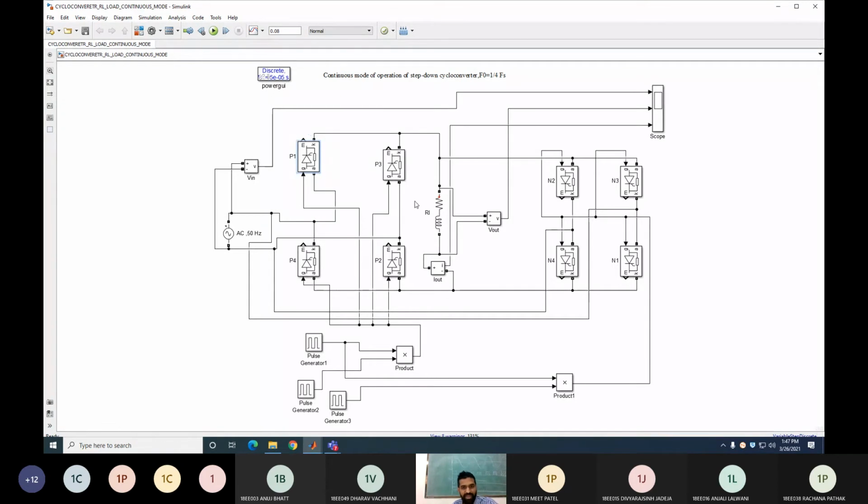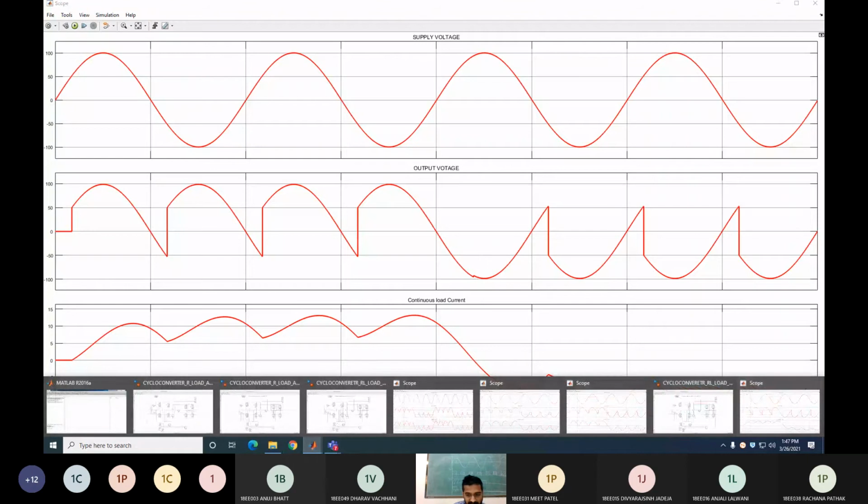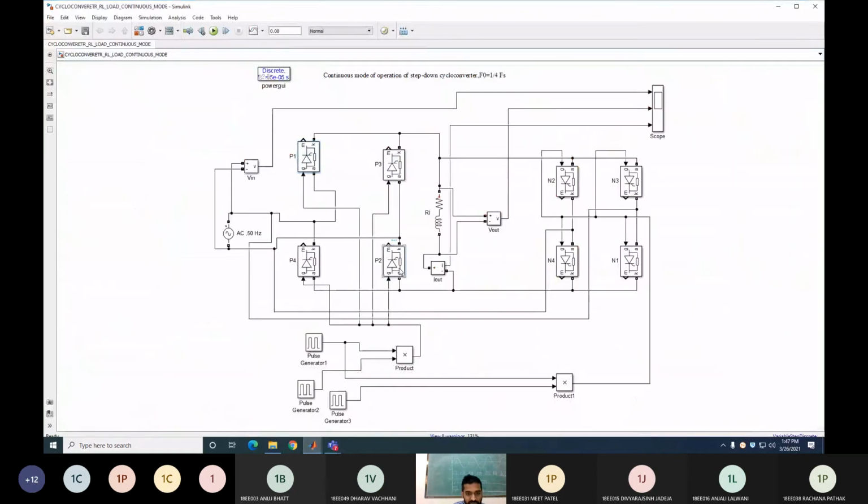Yes, sir. So because of that, whenever you provide the gate pulse to P3, P4, what happens in the simulation? Let's check this. Whenever the gate pulse is applied at this point of time to P3 and P4, at the same instant the reverse voltage comes across P1 as well as P2. Let's check for P2 also. This positive terminal is connected at the cathode of P2. Clear? And P4 is conducting. So this negative terminal through P4 is connected with the anode of P2. Clear? So again P2 is also reverse biased. So both P1 and P2 come into reverse bias.